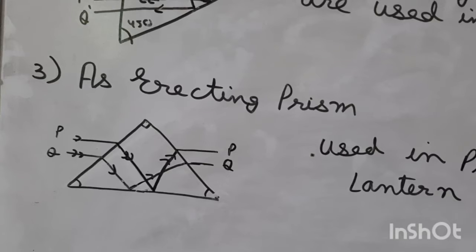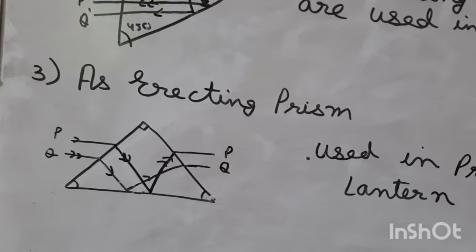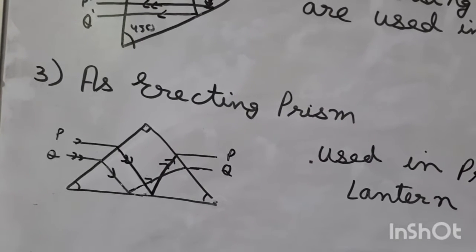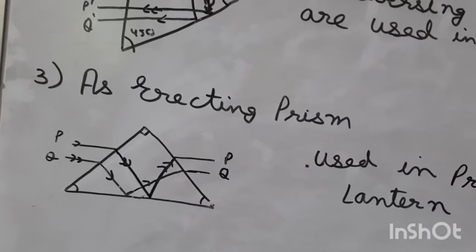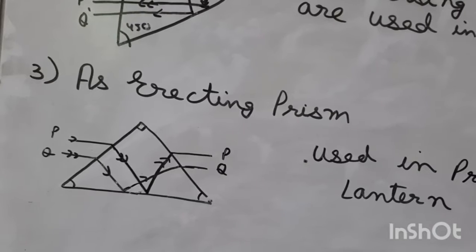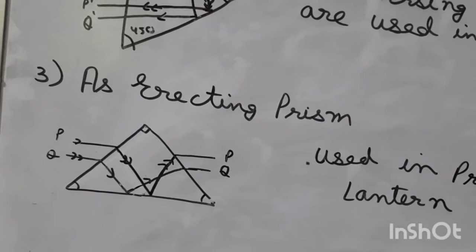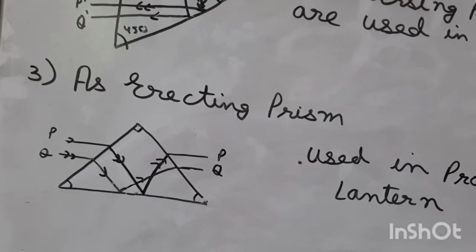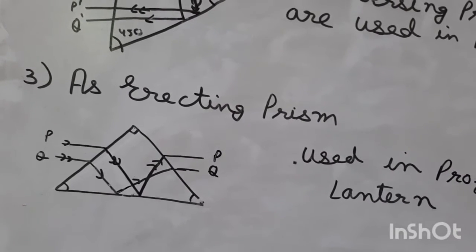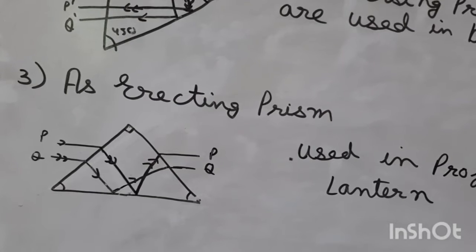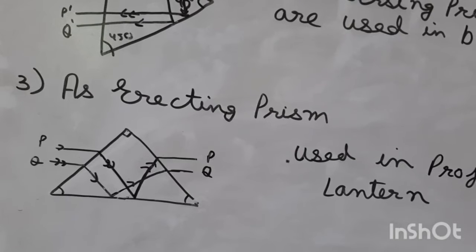अब इसमें क्या है, when light from the object PQ, यहाँ PQ से जो light ray आई, falls on the shorter face, then at this face it is refracted inside the prism, and it hits the hypotenuse of the prism, and after hitting the hypotenuse the ray of light is internally reflected, and at the other shorter face it is again refracted and we get the same erect image. So यहाँ पे सबसे पहले हमारा refraction होगा, फिर inside the prism there will be total internal reflection, and